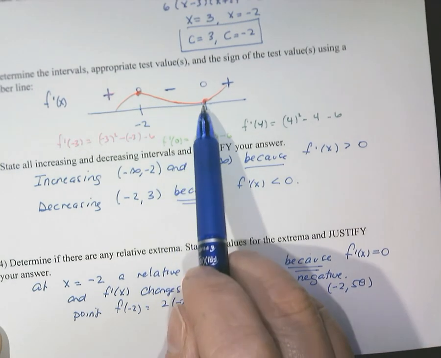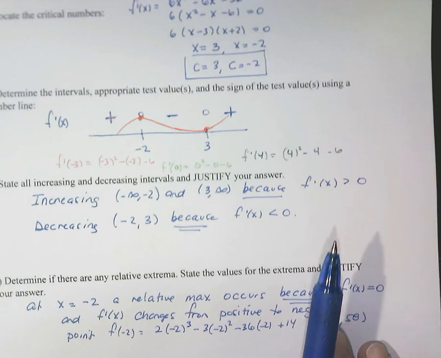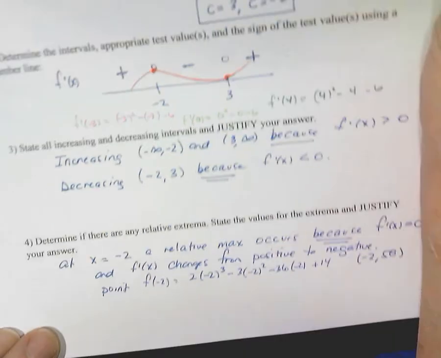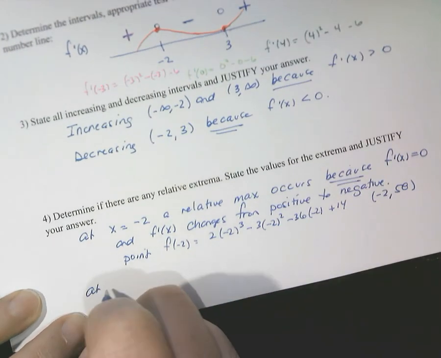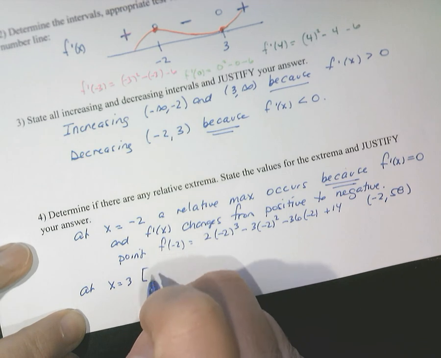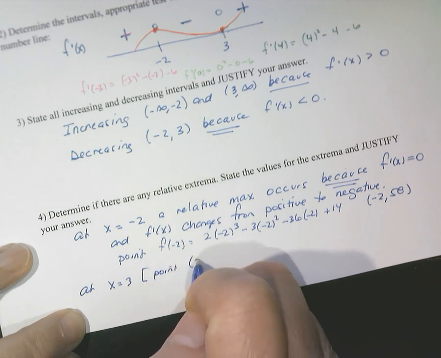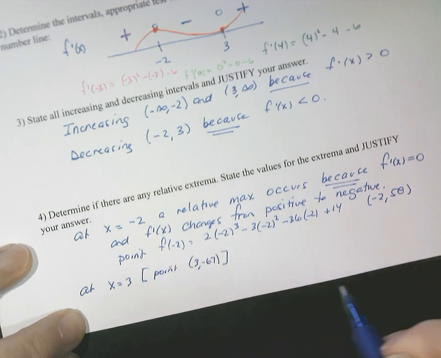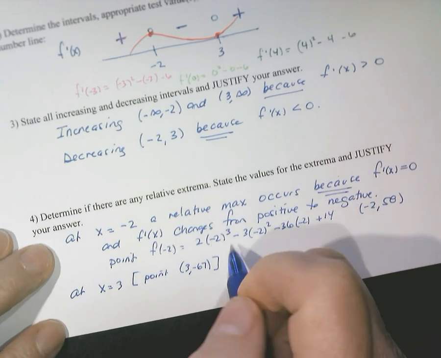Also here, this is another extrema. This was the relative minimum. So at x equals 3, and I already figured the point out. The point is 3, negative 67. A relative minimum occurs